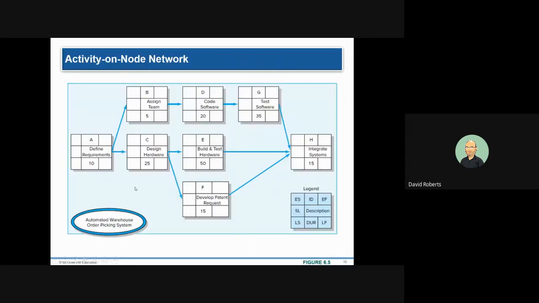So what we're going to do in this particular case, we've got our network diagram. You can see the activity is identified as A, define requirements, and then